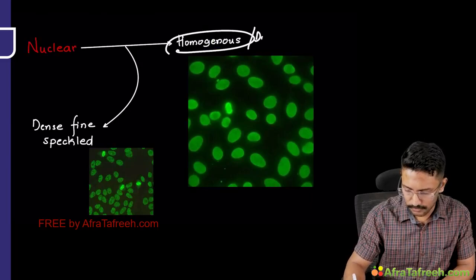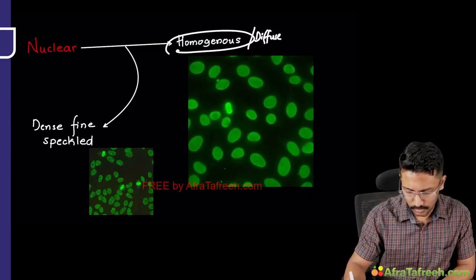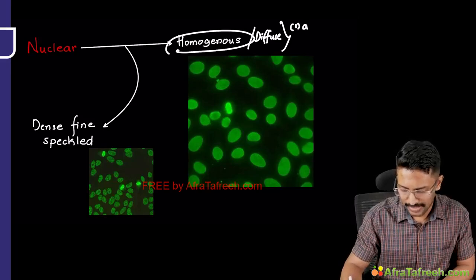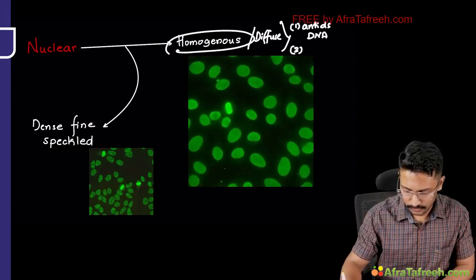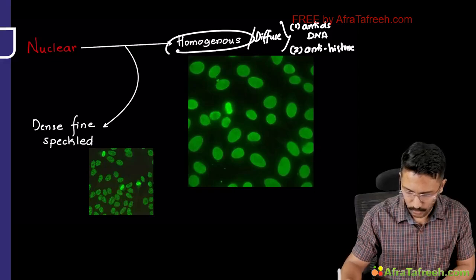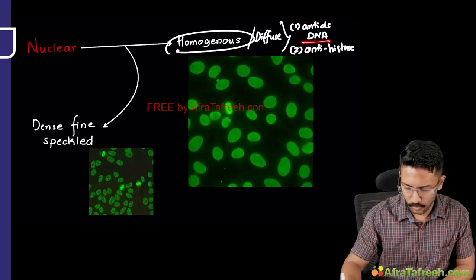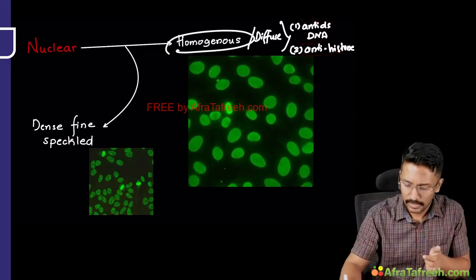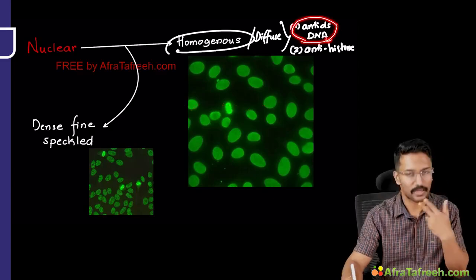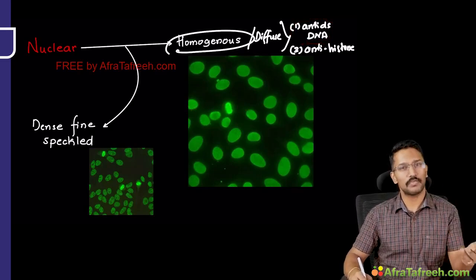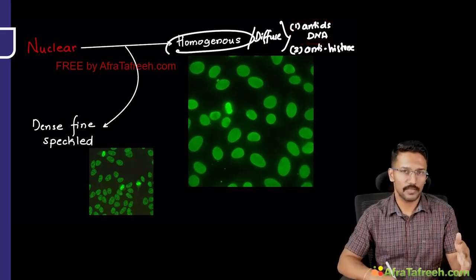Previously this was called as diffuse. Nowadays the term is homogeneous, and this pattern is seen with two antibodies mainly. The first one is anti-dsDNA antibodies, and the second one is your anti-histone antibodies. I don't need to really tell you what these antibodies correlate with. Anti-histone correlates with the drug-induced lupus erythematosus, and anti-dsDNA antibodies, yes, it is the second most common antibody in the patients with SLE. This is the second most specific antibody after anti-Smith in patients with SLE, and this is the